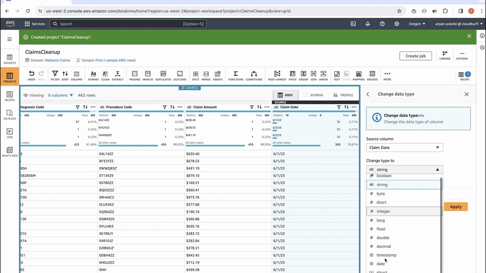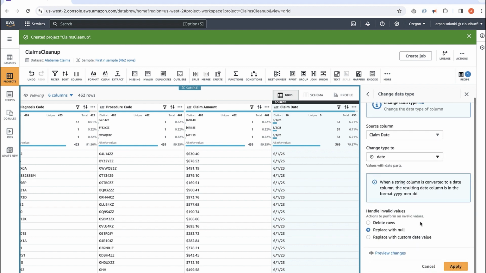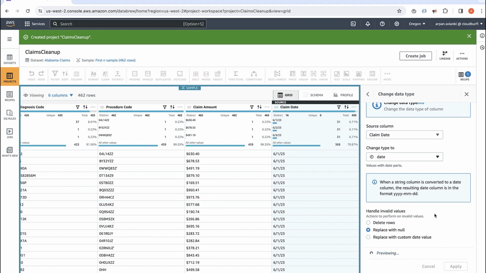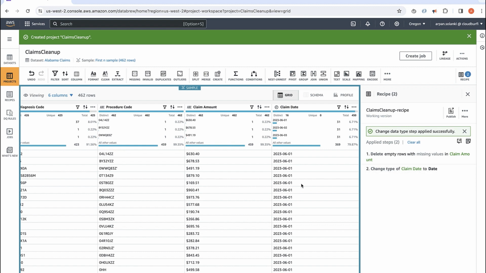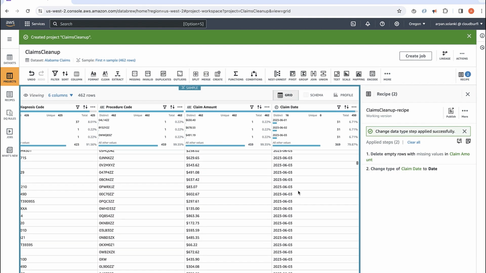So I'm going to select date over here. It also says that if there are invalid values, just replace them with null. So I'm going to click on apply. Now the claim date has been changed to